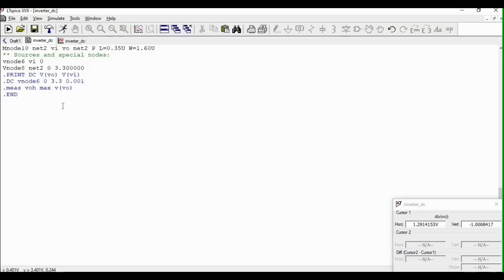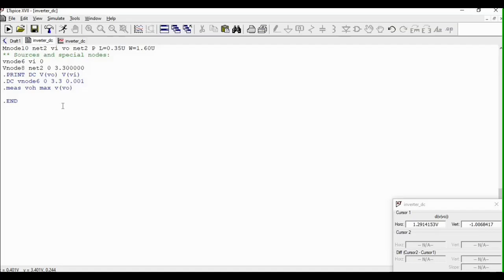VOH is just a variable name. You can assign any variable name after this syntax. In this case, since we're going to solve for the maximum value, which is VOH, I just use VOH, then max, another reserve word, wherein you get the maximum value given your signal, which is V out.